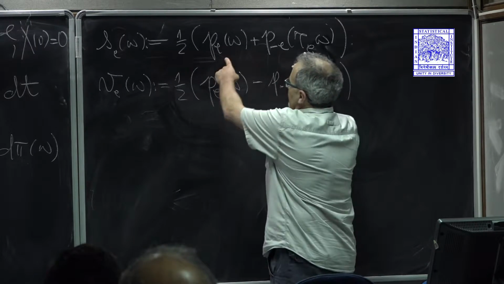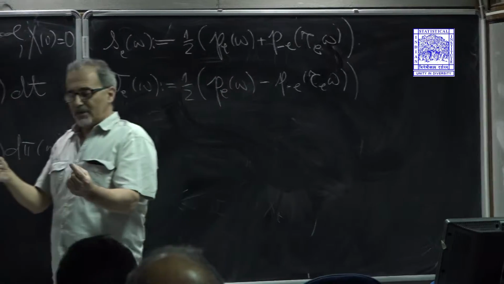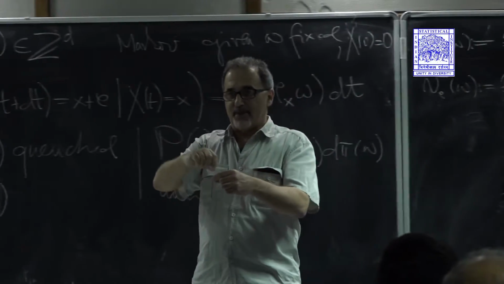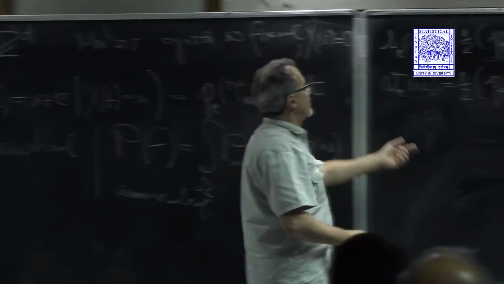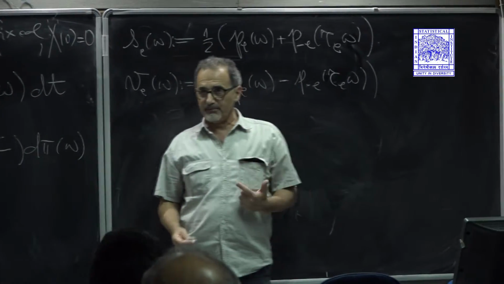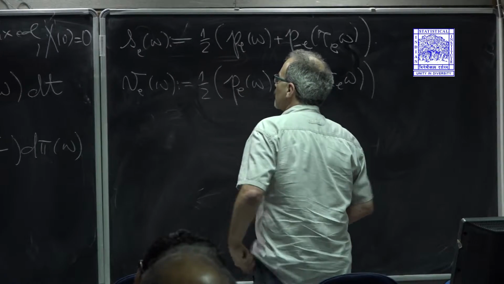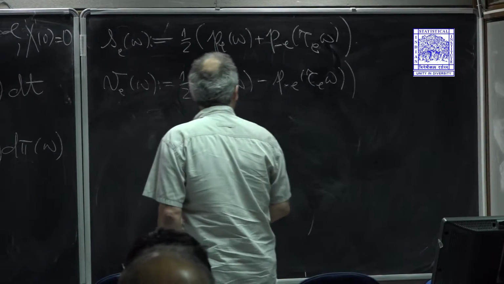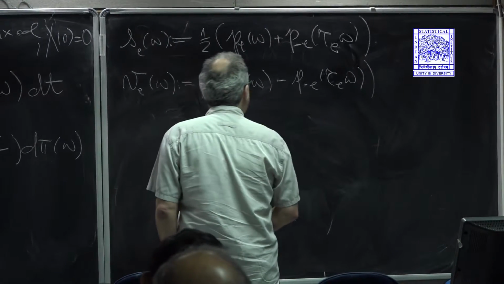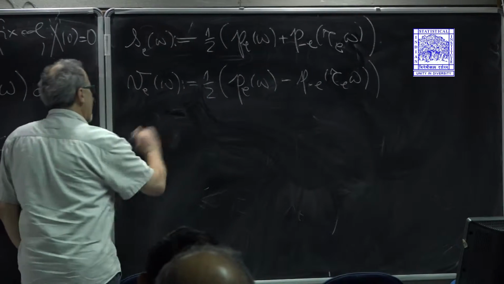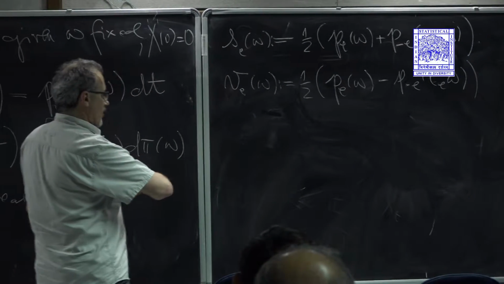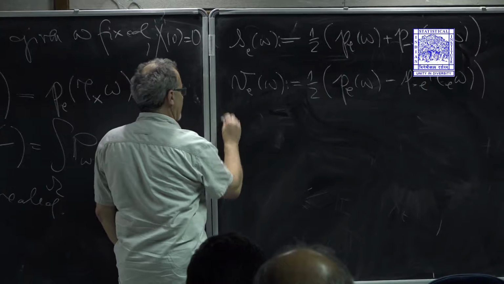So this is the average of the rate of jumping on an edge, forward plus backward, and this is the difference of the forward jump and the backward jump on the same edge, right? And this is useful to have at hand. Let's note that just by definition,